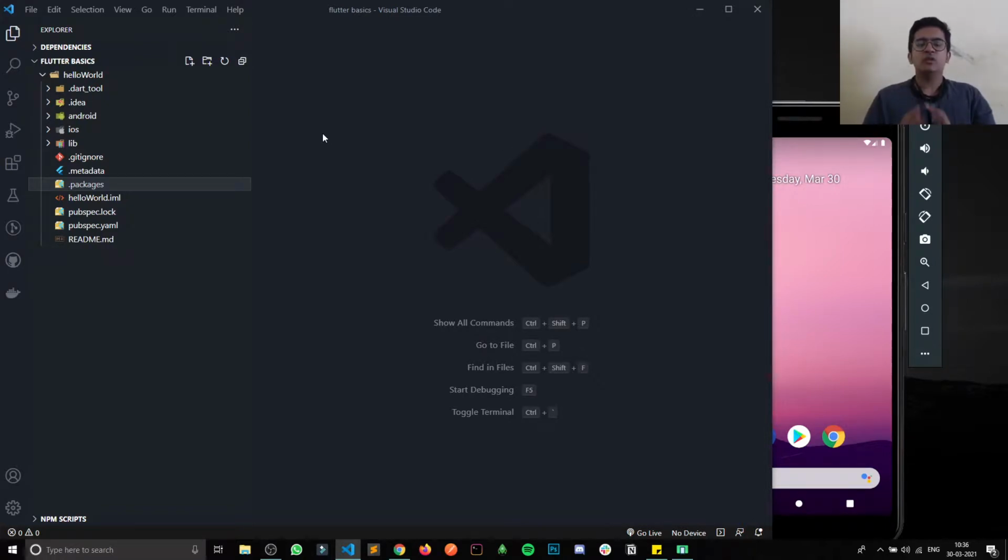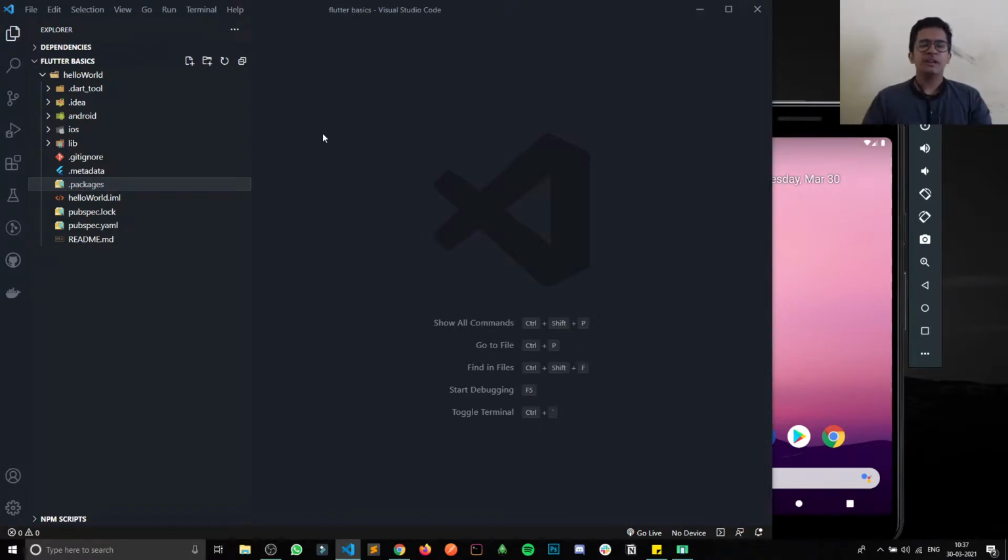Then I will put it on the internet, and other Flutter developers can use that code. I have written 2 or 3,000 lines of code, and they can just call it and use it in a single line of code. This is kind of a packaging.